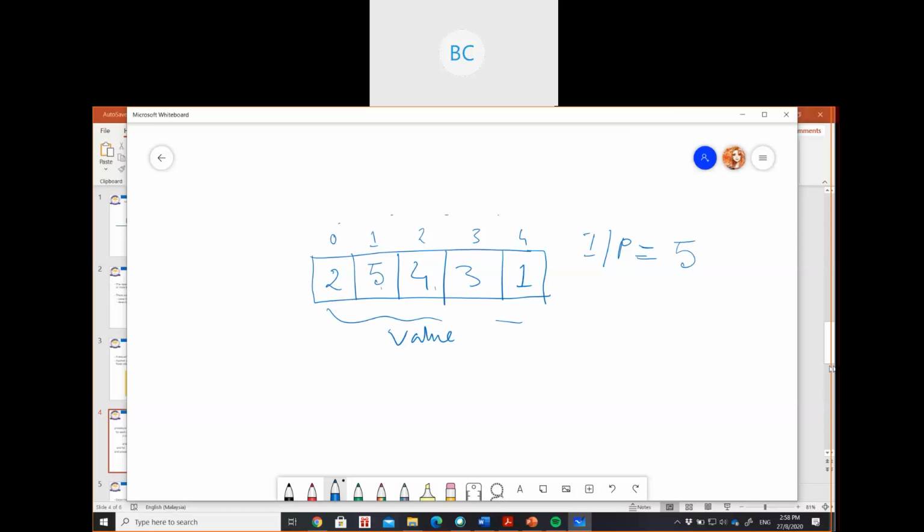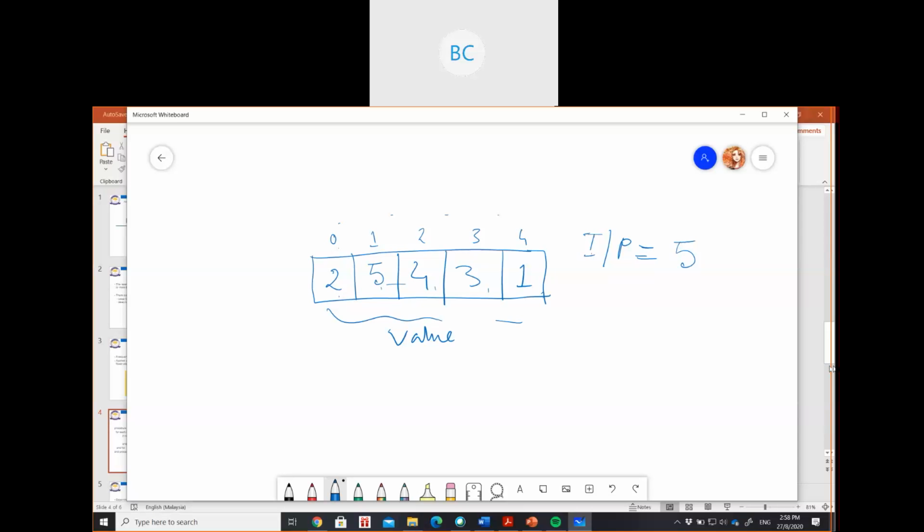5 elements. Just that for an array, the index starts from 0. Always 0. Don't confuse the number of elements with your location or index. What is input size? The number of elements in your array. There are 5 numbers, so total 5. Index will start from 0 to 4.